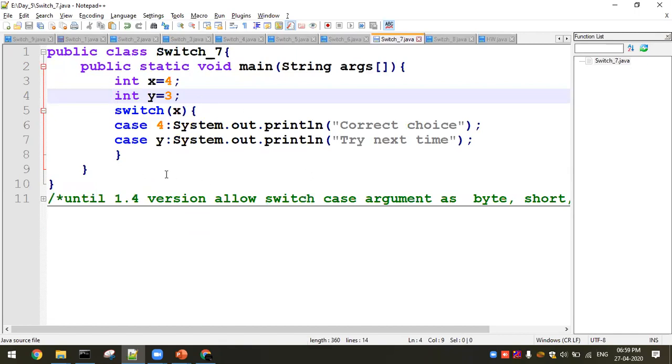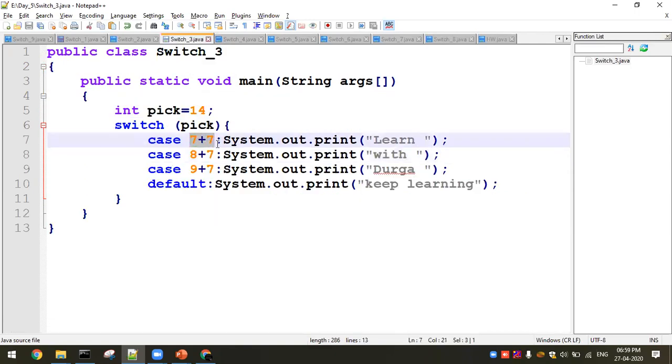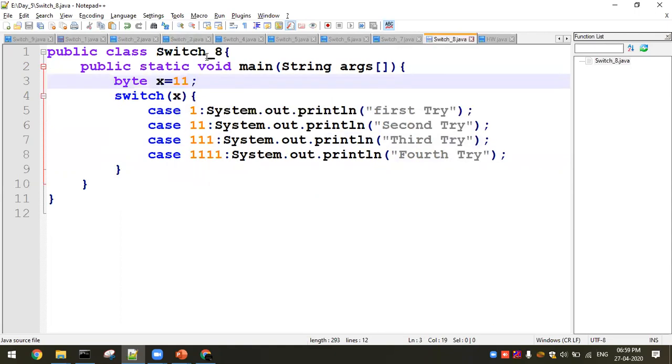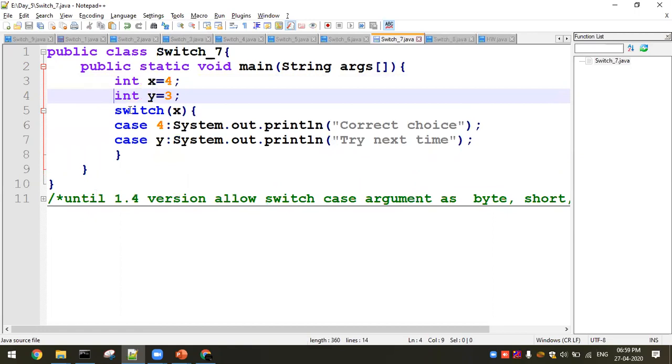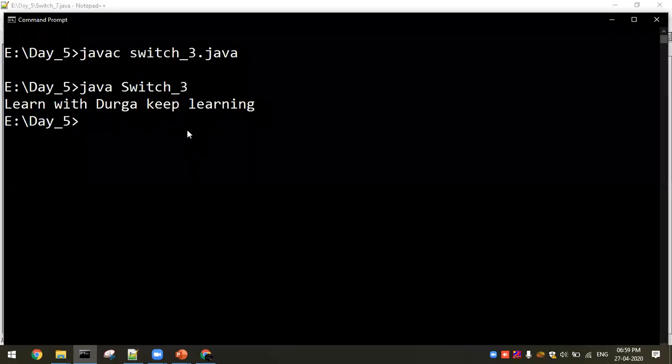What will happen if I want to execute the same program without any error? This question itself I said, you're not supposed to have any variable or variable expression. But this question has one more way to overcome this. You are supposed to add something, then you'll get an output without any error. I have given the variable as y, and even though the value y equal to 3 is assigned, it is not going to be mapped here. This is definitely going to throw an error. If you want, I will show you the output also.